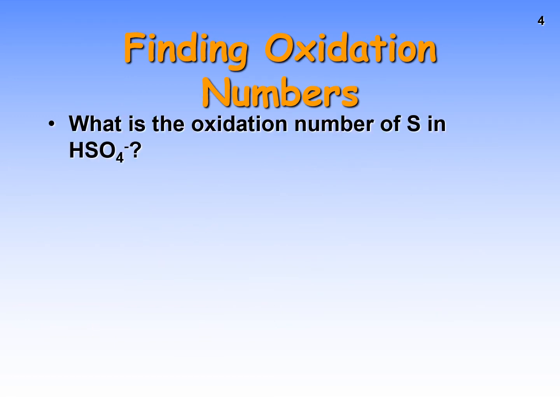So let's do an example. I'm only doing one because this is completely review and you should know it. If you don't remember it, then go back over your Chem 1A notes, hopefully, or read the textbook. We want to find what the oxidation number of sulfur is in HSO4-. So we know hydrogen's oxidation number is +1, because in this compound, it's a +1 charge. Oxygen here is -2, so each oxygen has a -2 oxidation number. And I know all the oxidation numbers in the compound have to add up to -1 because that's the charge on the thing. So I know hydrogen